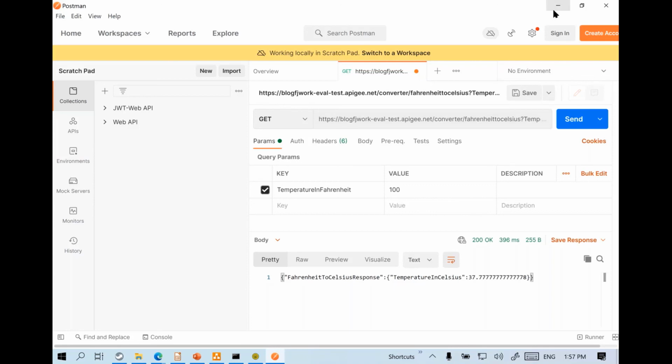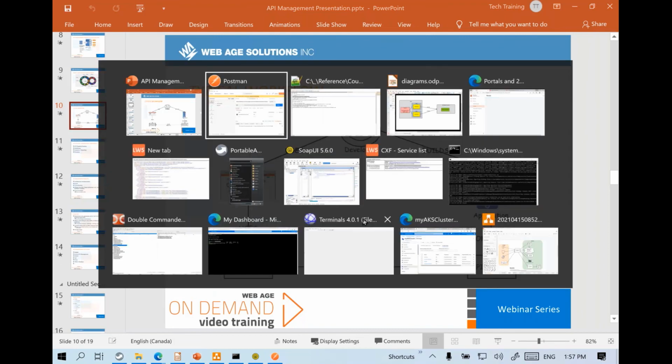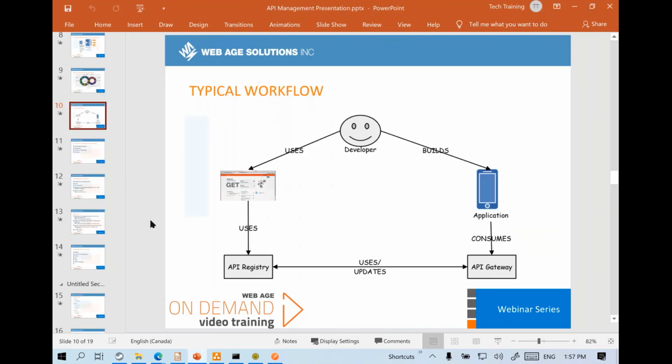But in a real world scenario, we configure policies so that a security token must be passed as part of your request header or as part of your URL itself. So you can enforce that, and then you can monitor who's calling your services, how many times they call the services, and based on monitoring, you can also choose to monetize your services. You can bill them accordingly, and so on.